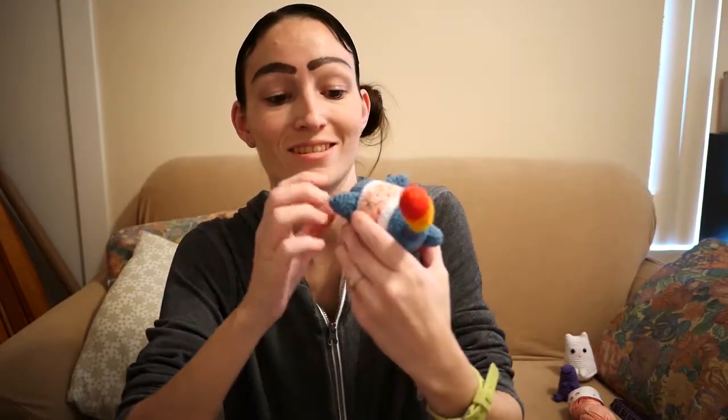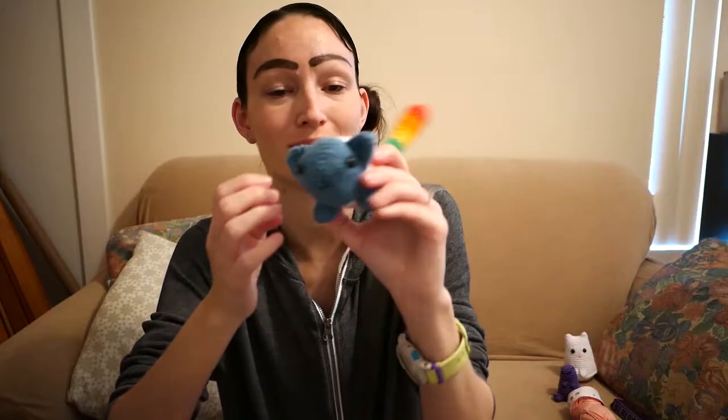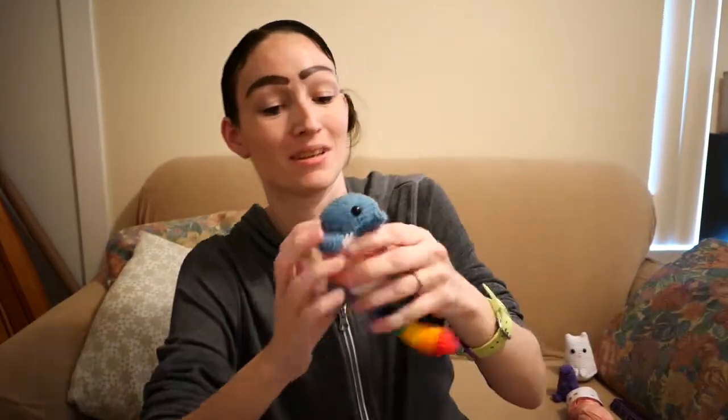I was joking around with the hubby. I was like, it looks like Yoda but in a weird color and kitty, but then I fixed it and